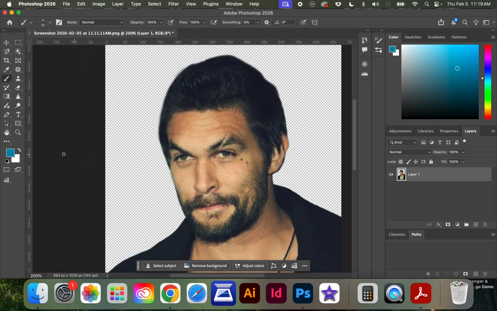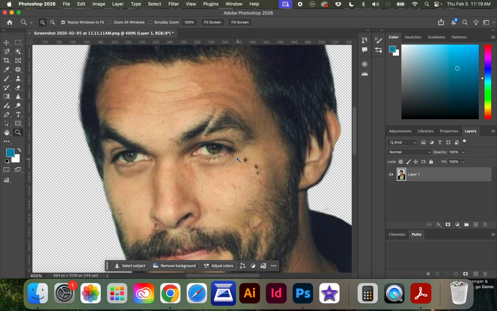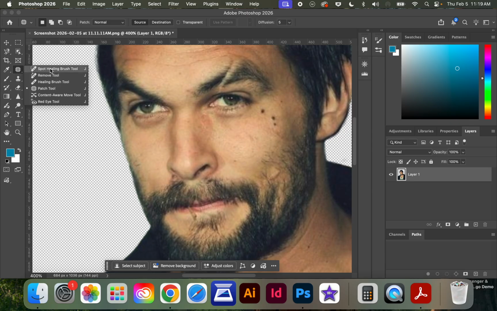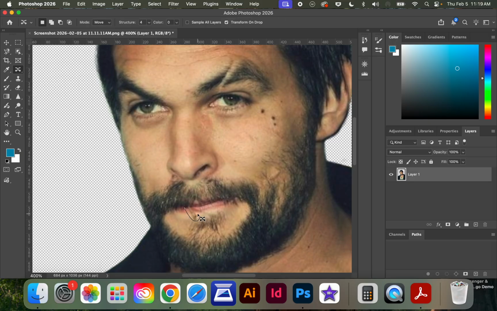All right, so now his face. Nothing's wrong with his face, okay? People like, you know, these looks and stuff. However, just so we can go ahead and use our spot healing brush, you know, our patch tool, our content aware, all that stuff, we're going to go ahead and edit him up. So in order to remove this toothpick and this like shadow thing happening over here, I'm going to use my content aware tool to completely take away